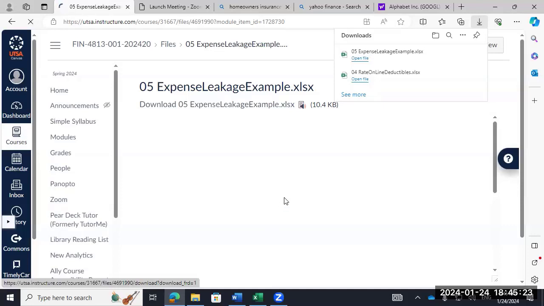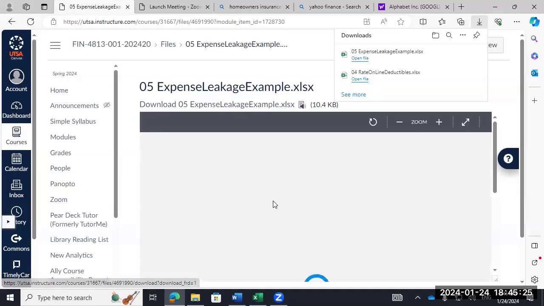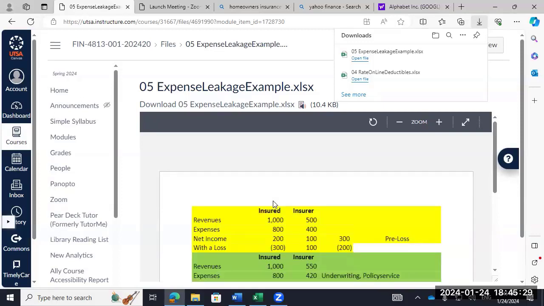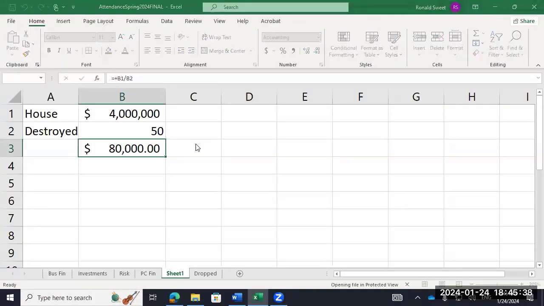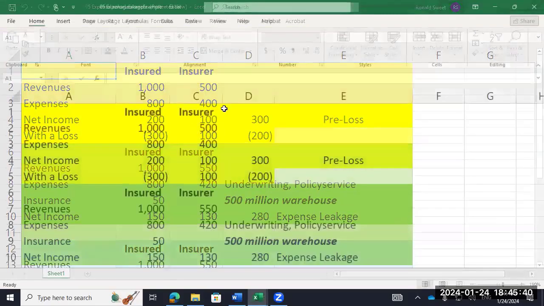where I'm going here. I'm gonna use the term expense leakage. Number 1, you can't use that anywhere else because it's my term. If you go on an interview and talk about expense leakage, they have no clue what you're talking about. But number 2, you got to explain it. You can't just write expense leakage on the exam and get full credit.